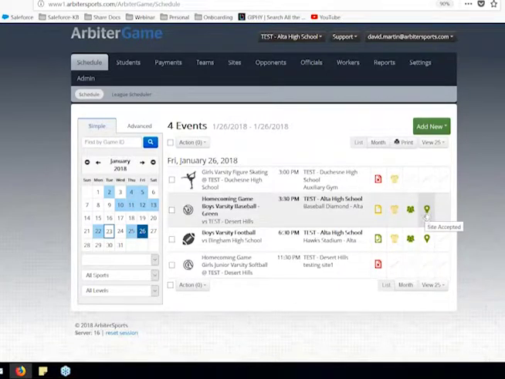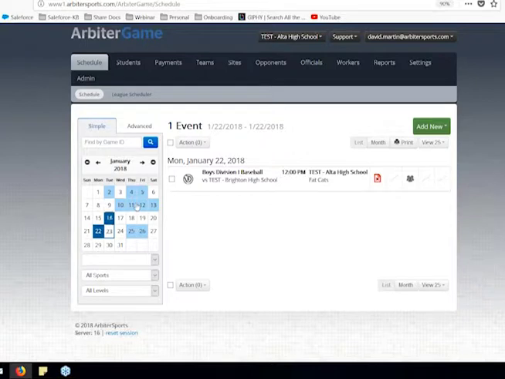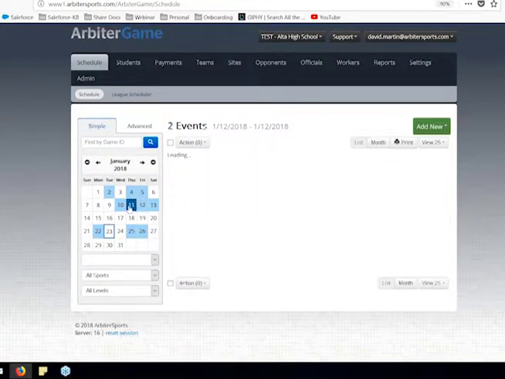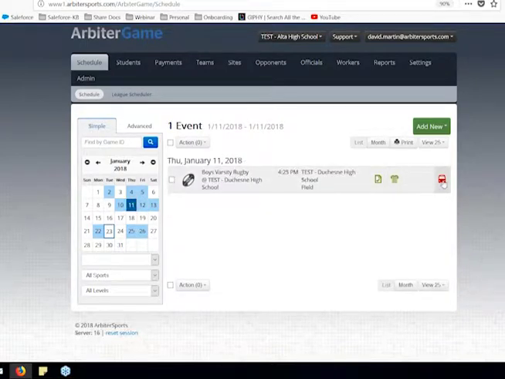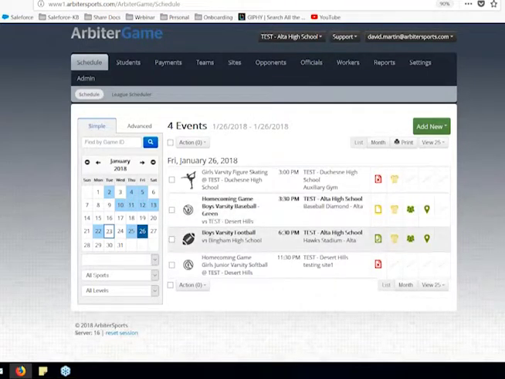So we see these particular icons really help you to determine what's going on with that game and what needs to be done. If you have yellow, that generally means somebody else needs to do something. If it's green, you're good to go. And if it's red, there's something you need to do. Now what we've done today is fairly similar to all the other options.